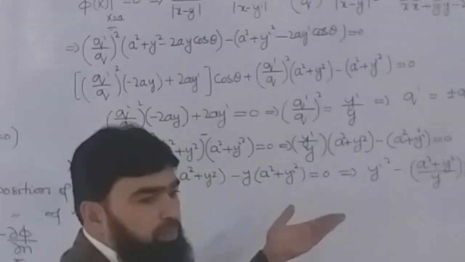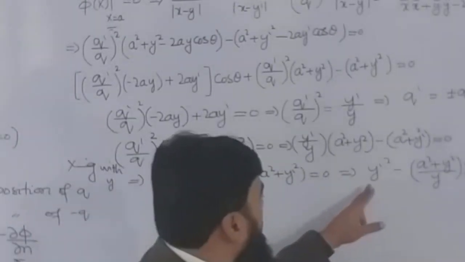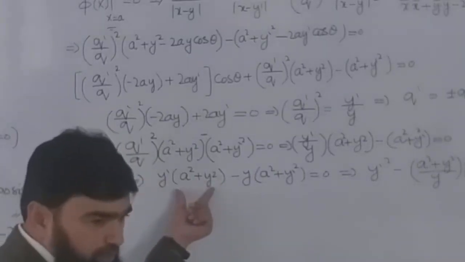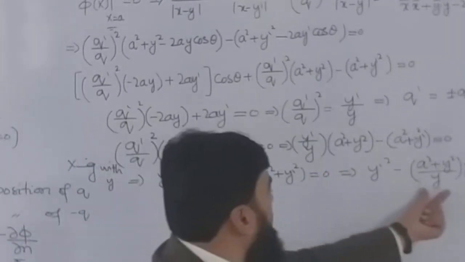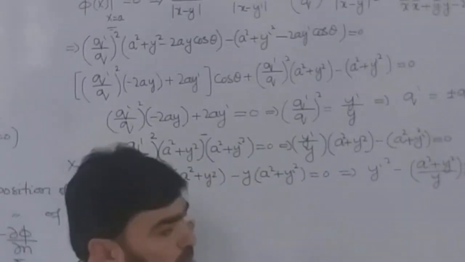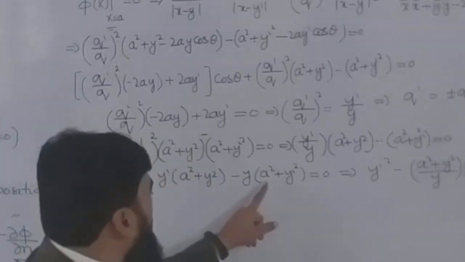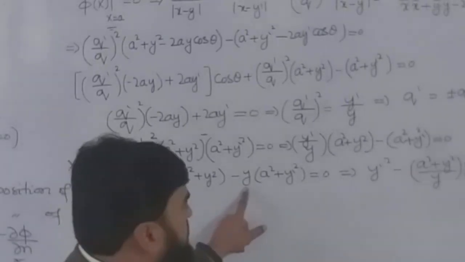So I will divide all the equation by y. If I divide by y, then it will be y prime square. This whole will be divided by y. So it is here, a square plus y square whole divided by y into this y prime. And then come here. This one was a square y, so it was divided by y, so it will become